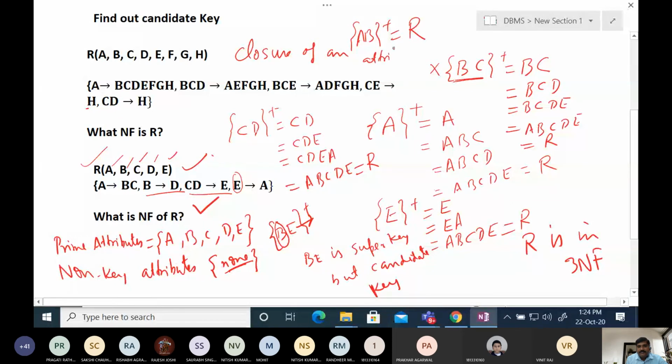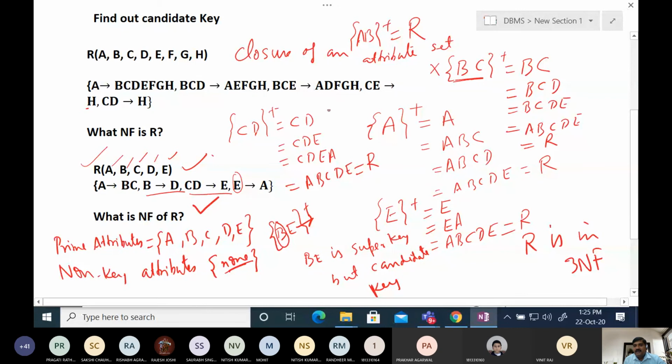In this, the first step is we initialize that set as the closure set, and in the loop for each FD we check if the left hand side of the FD is a subset of or equal to the closure set, then we add the right hand side attributes to the closure set, and we repeat this process